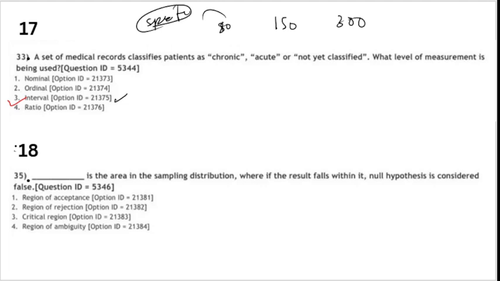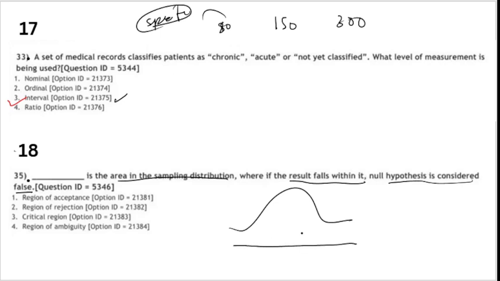Okay, let's give it a read. So the question asks, what is the area in the sampling distribution where, if the result falls within it, the null hypothesis is considered false? So we have a normal distribution curve, we have regions, critical regions, jaise hum 0.5 lete hain,